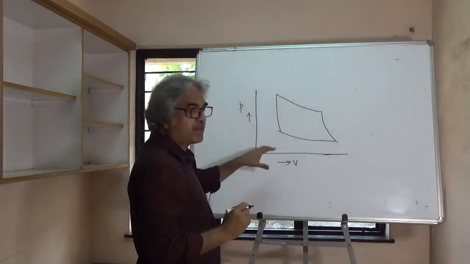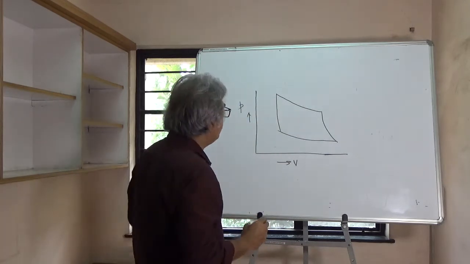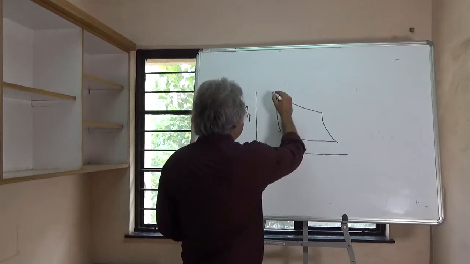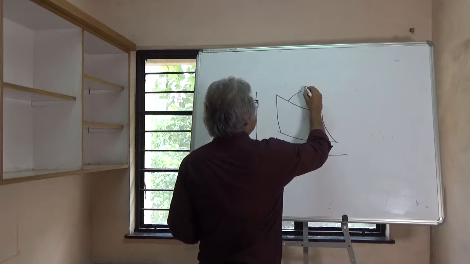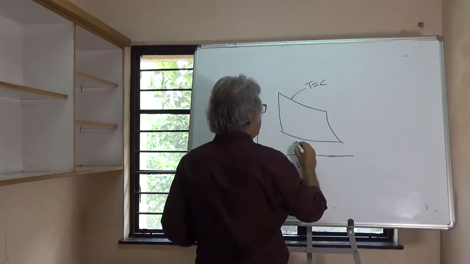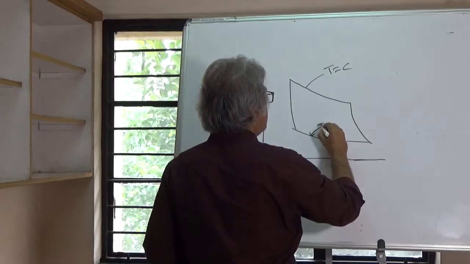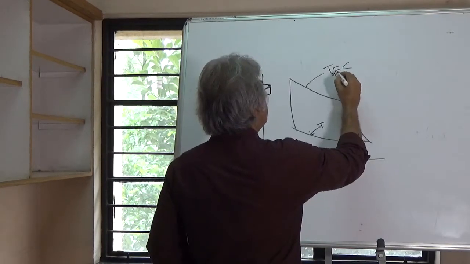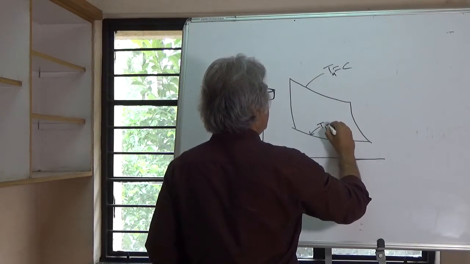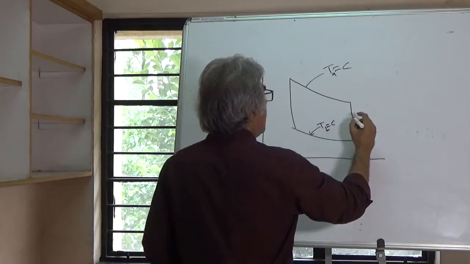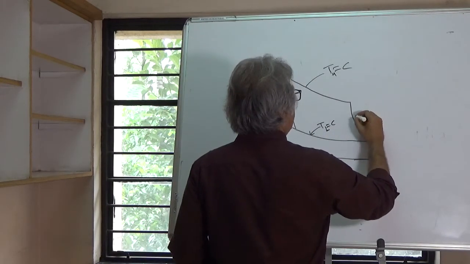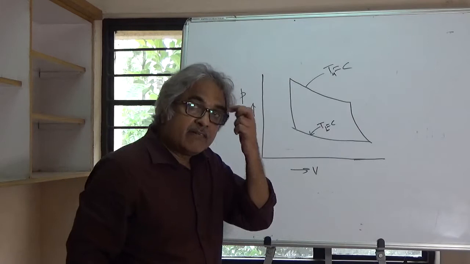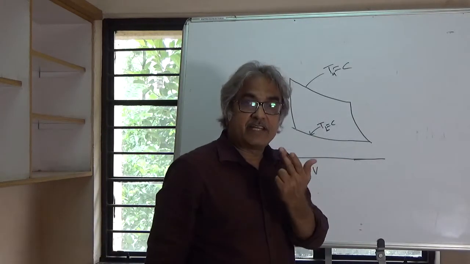So this is a PV plane, and I am trying to draw the Carnot cycle. Here is a process where temperature is constant. This is also a constant temperature process. So let's say TH and TL, constant throughout, and these are processes which are reversible adiabatics, and we have said